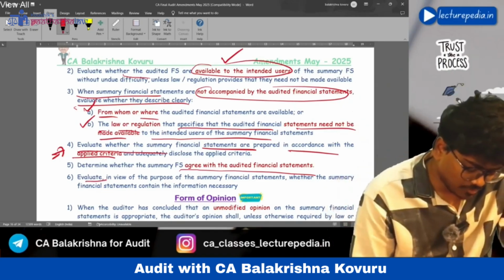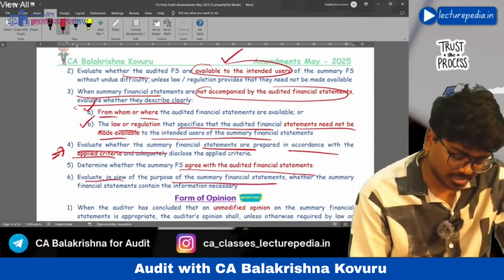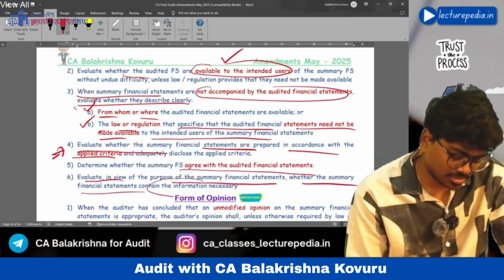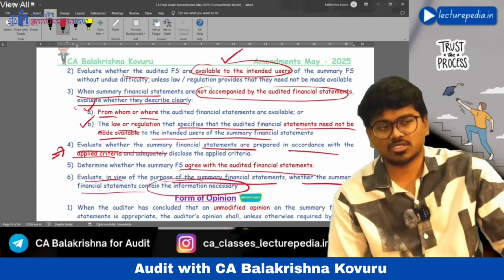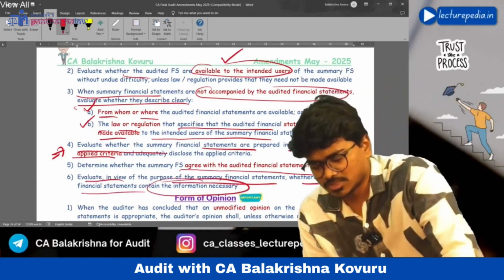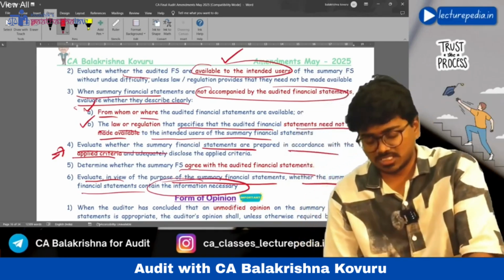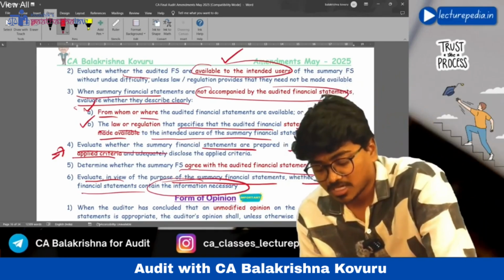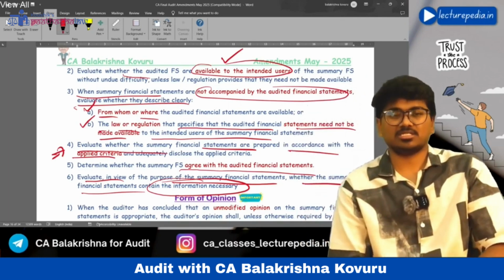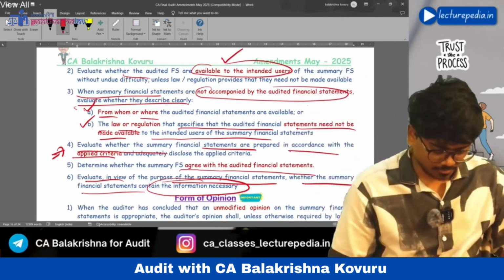And evaluate, in view of the purpose of summary financial statements, whether they contain the necessary information. Based on the purpose for which summary financial statements are prepared, the auditor needs to see whether the required information is present in the summary financial statements or not.